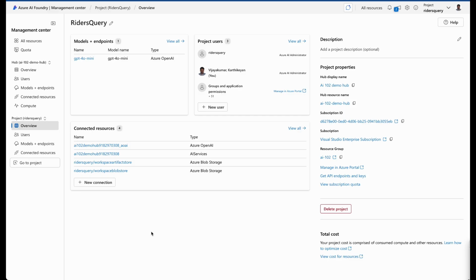By default, you do not see this model because I just deployed the model into the project. I created a project and deployed the model, but you do not see that. In a moment I will show you how to deploy this model, right? Then